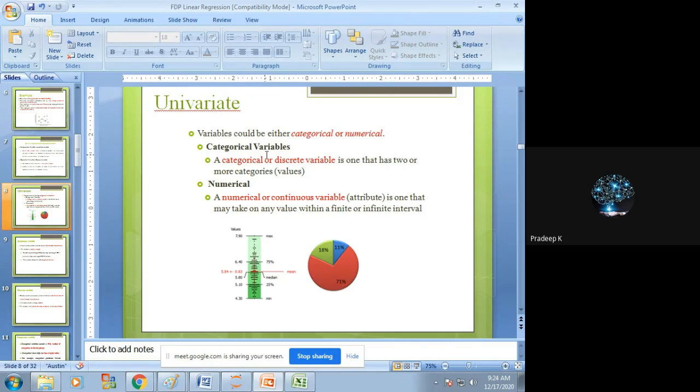So what does categorical mean? The categorical value contains one or more categories. It's the values which have one or more values. That is also known as discrete values, right? Numerical values are also known as continuous variable values, which have some intervals, finite or infinite intervals. We'll discuss, right? So this is the best example for